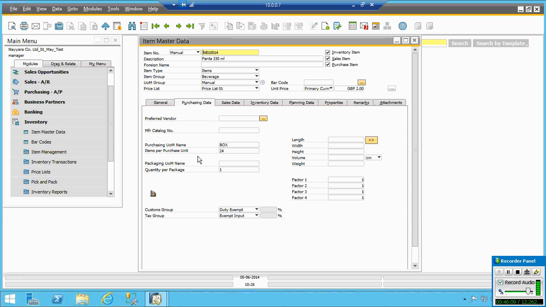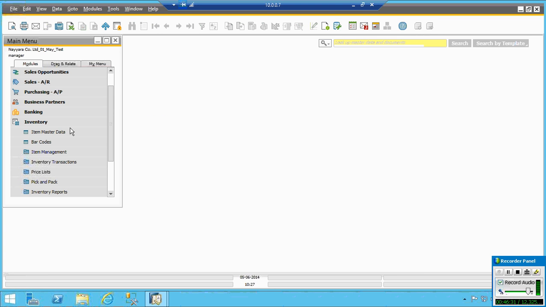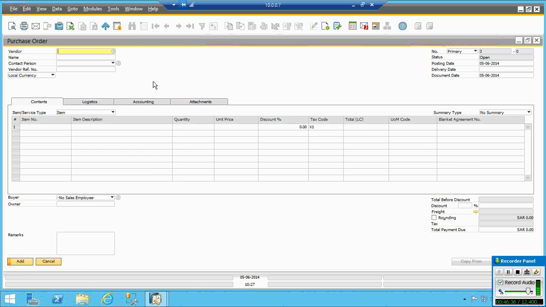So next, when I go for a purchase of an item, in the purchase I will enter one item. One. The system will have to store the condition. Because I am saying one, it is a box and the box condition is correct. I go to a purchase, for example purchase order, and select a vendor.